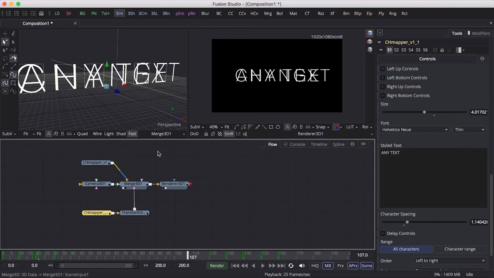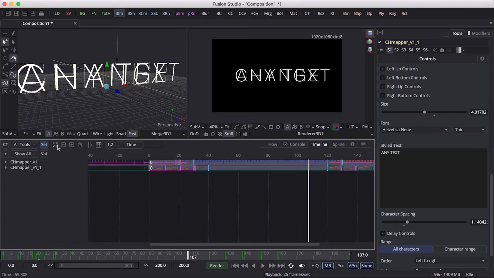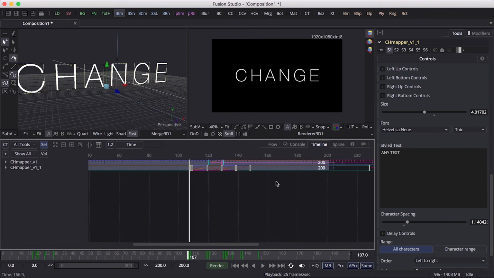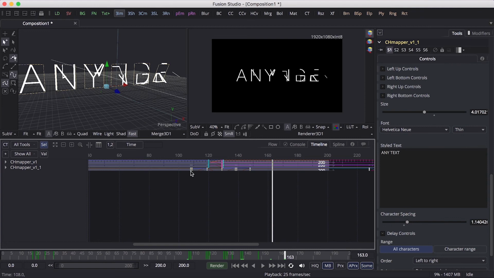And let's shift the keyframes. It starts, it goes here.